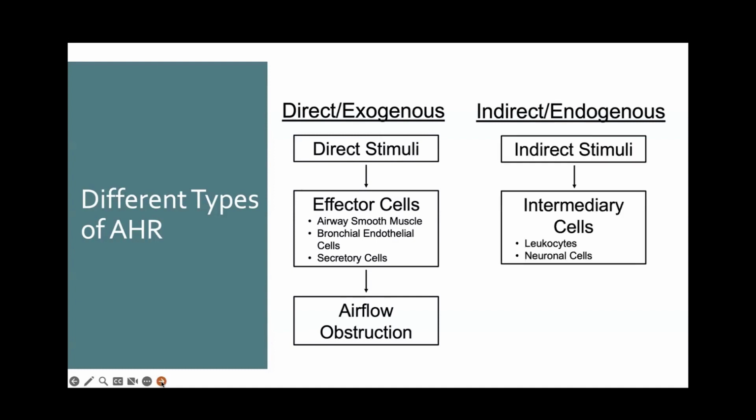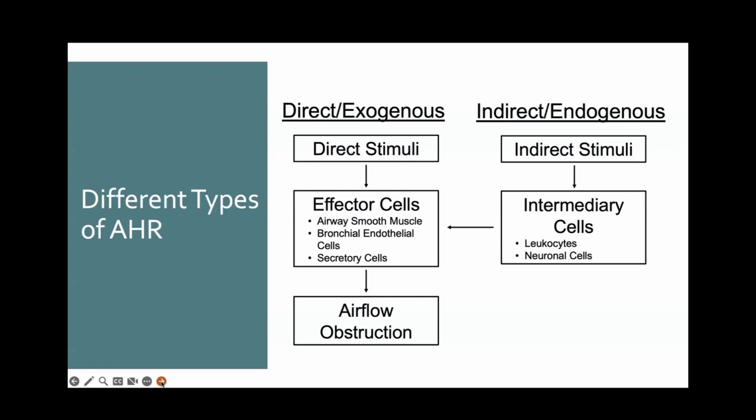Indirect stimuli, there's no bronchoconstrictor that's administered with any of those stimuli. And this includes things like dry air exercise and mannitol, things that shift the airway osmolarity, as well as allergen challenge. But you have to be allergically sensitized for that to play out. So you're not giving a bronchoconstrictor. What's happening is that the cells of the airways are releasing components that then cause you to have bronchoconstriction. And here, in this indirect or endogenous